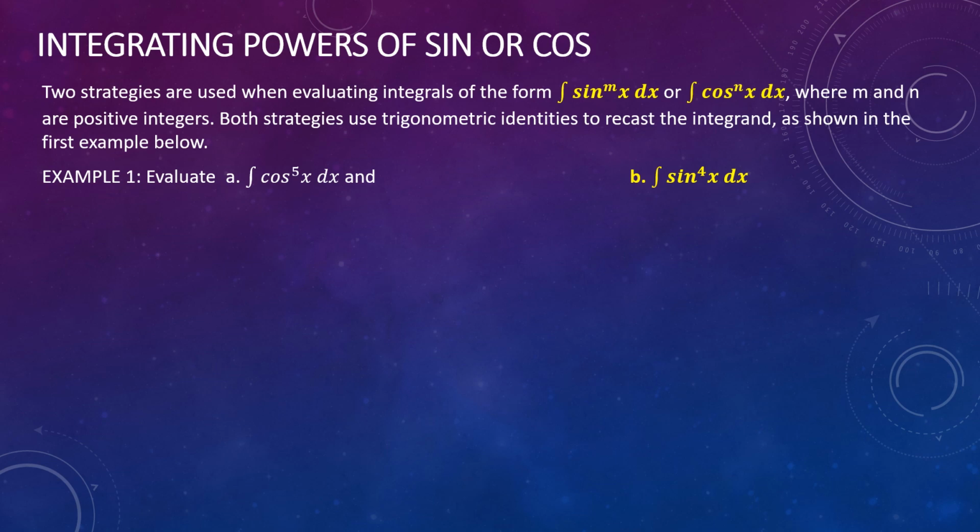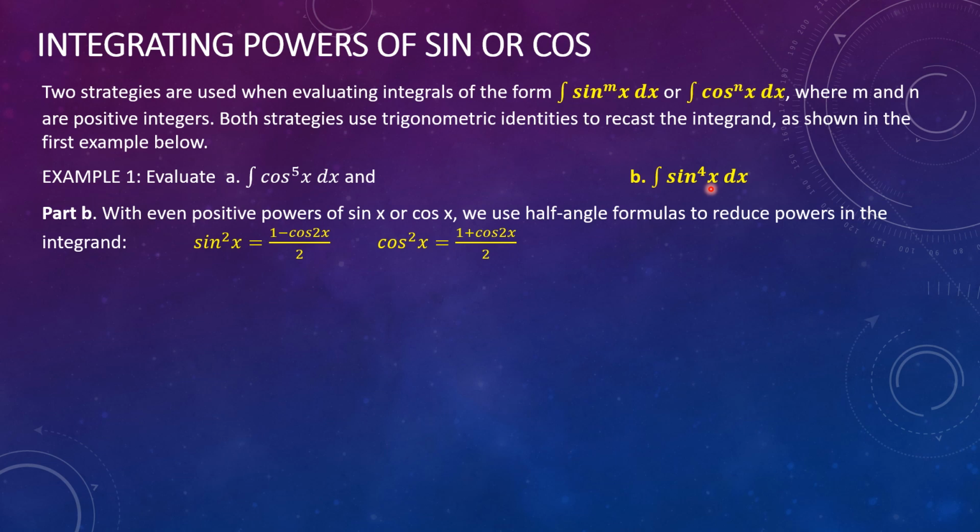Now let's look at part B, the integral of sine raised to the power of 4 of x dx. With even powers of sine x or cosine x, we use the half angle identities from trigonometry to reduce the powers in the integrand. Remember that from trigonometry, sine squared of x equals (1 minus cosine of 2x) over 2. This is not a power now. We've changed the argument. And that's what we're trying to do, is get rid of the powers inside of the integral